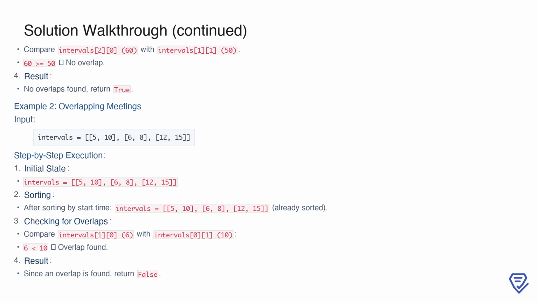Now, let's look at a different example with overlapping intervals [5, 10], [6, 8], [12, 15]. After sorting, the intervals remain in the same order. Comparing the start time of the second interval, 6, with the end time of the first interval, 10, we find that 6 is less than 10. This indicates an overlap between these two meetings. As a result, the function immediately returns false, since it is not possible to attend all meetings when any overlap